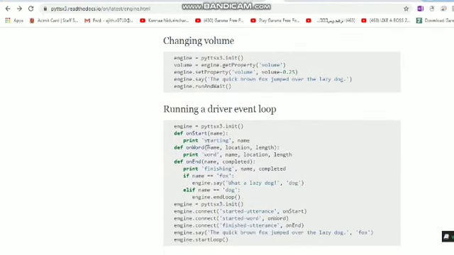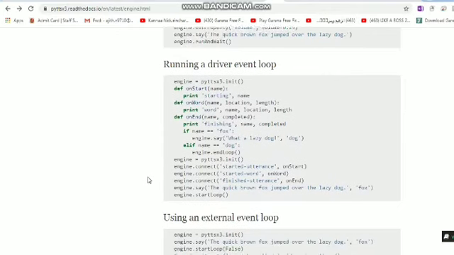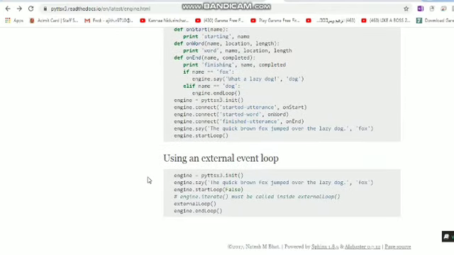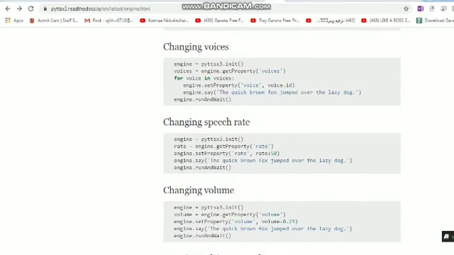Using an external event loop, we can create our own event and loop it again. So let's do these examples and combine them in the next tutorial.